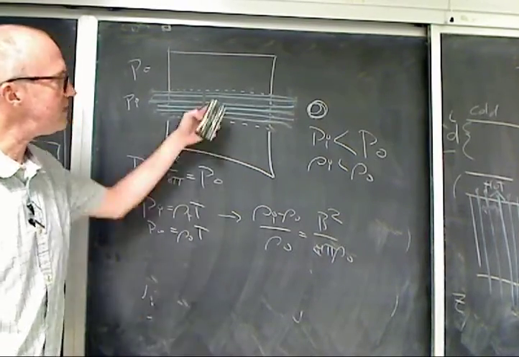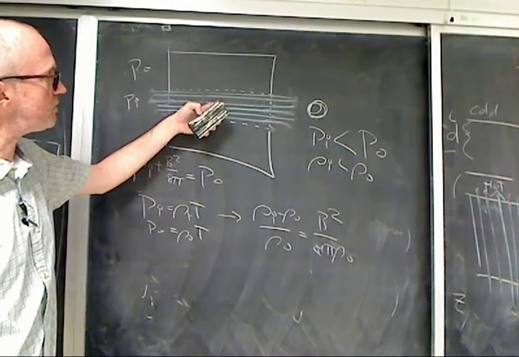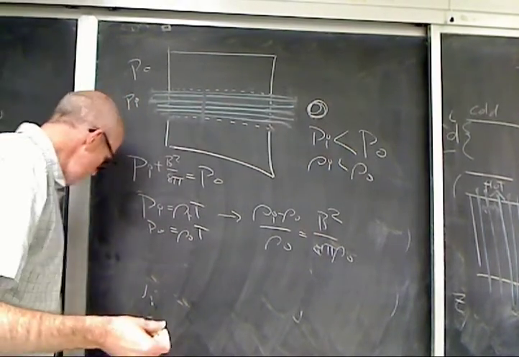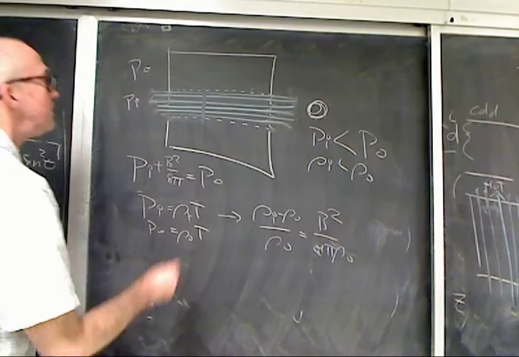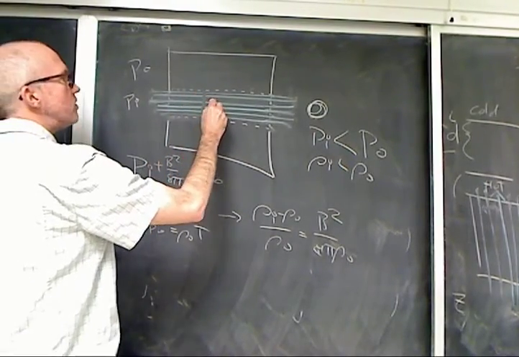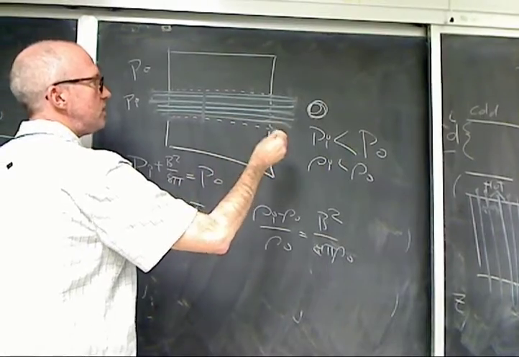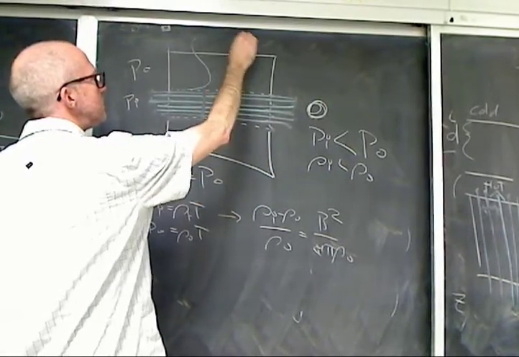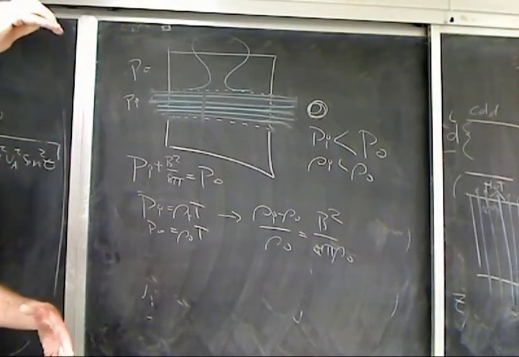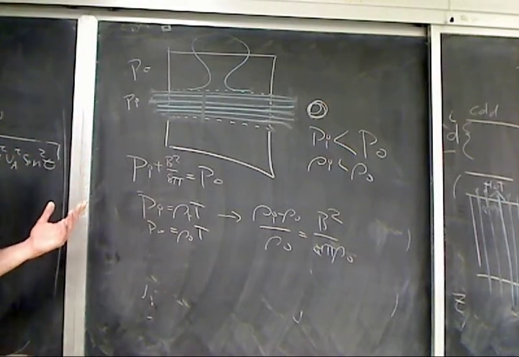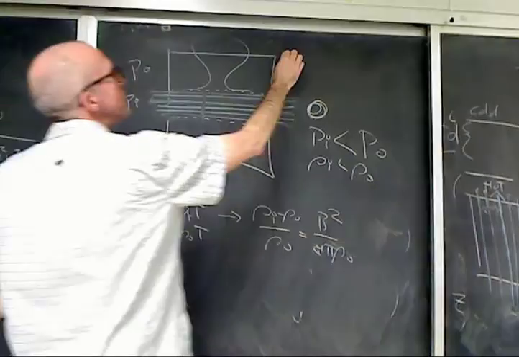So that means my density is lower here, and that means this thing is going to start to float. It's going to start to float in a weird way. I need more blue, so it's not going to be totally uniform. It's going to start to float like this. So there's going to be some bolt that comes up and leaves the surface. And then you're going to be left with, if this is, say, the surface of the sun,